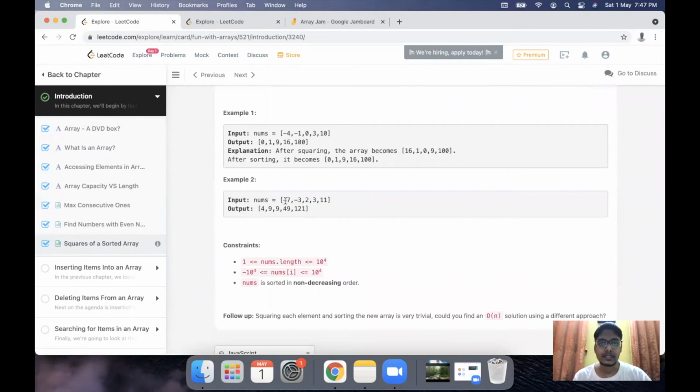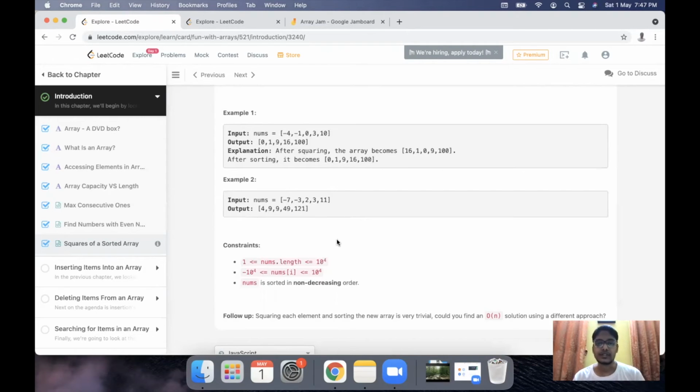Similarly, in this case, we have arrays like this with numbers. So in this case 2 square is 4, which is the first element. Then 3 and minus 3 square was 9, which were the second and third elements. 7 square is 49, and then 11 square 121 was added. So this is the array written in ascending order. So we have two tasks here. One is to get the square of these numbers from this array, and then create another array which has the sorted values from this